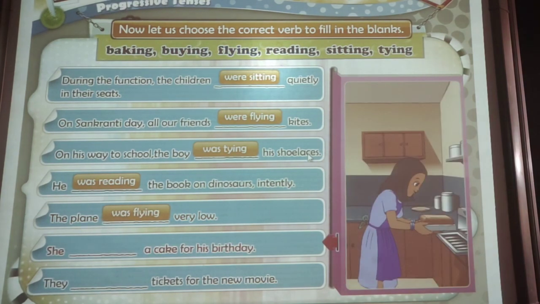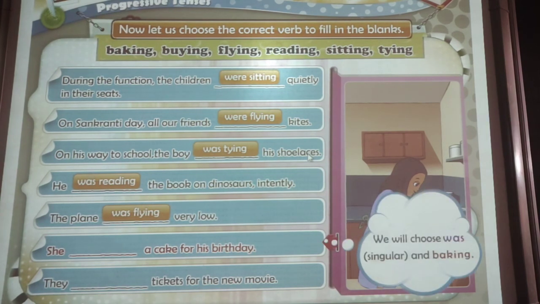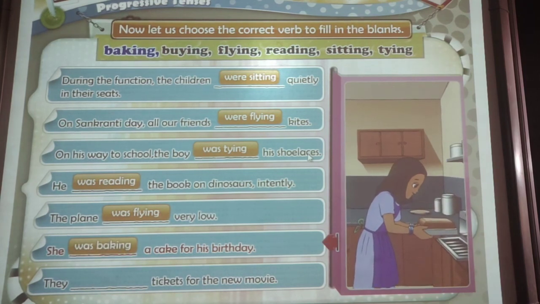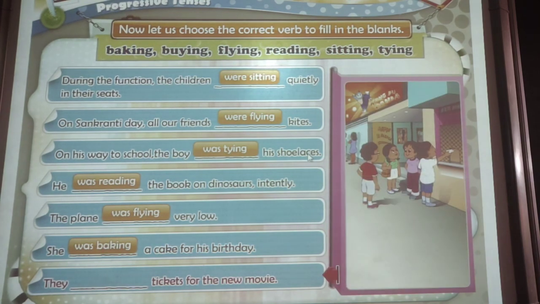She dash a cake for his birthday. We will choose was, singular, and baking. She was baking a cake for his birthday. They dash tickets for the new